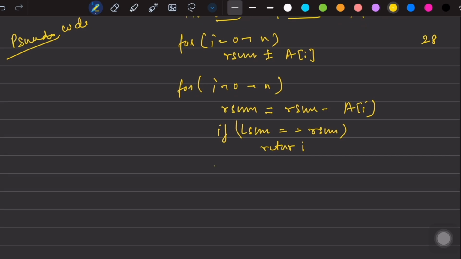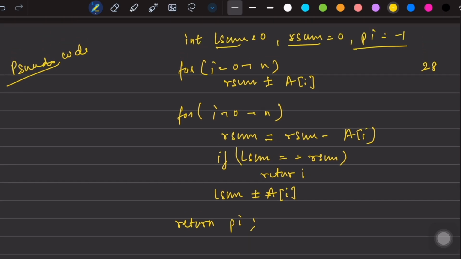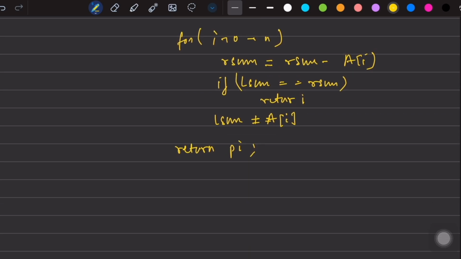If not, then we'll just add the ith element to left sum. Okay, and in case nothing happens, we will return the pivot index that is assigned to -1. So the time complexity